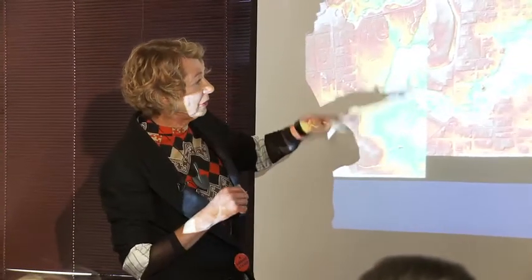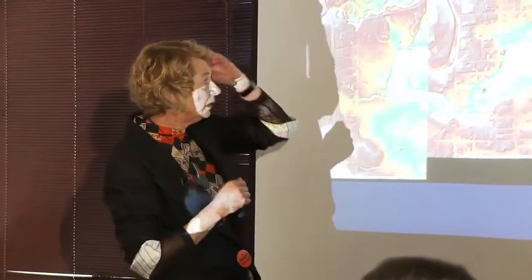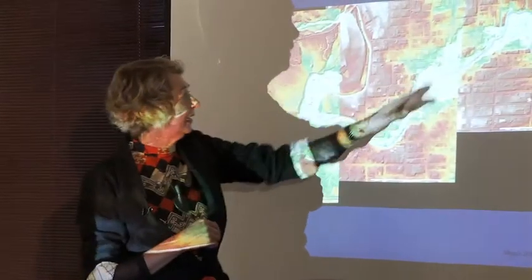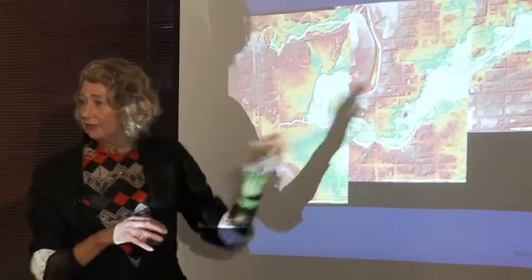And if you look at the LiDAR, this photo of the land of the city, you can see that even here's the river here, but you can see there would have been old patterns, probably an old meander here, another pattern here. So it would have changed through time. And so there's deposits from those different eras. And people know that